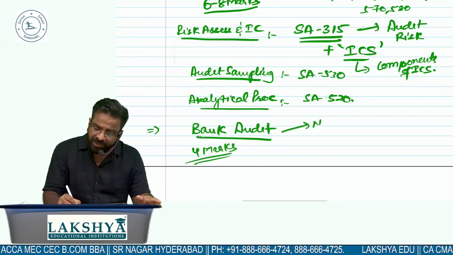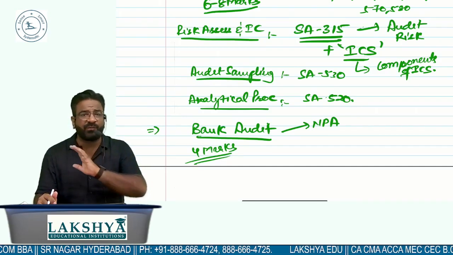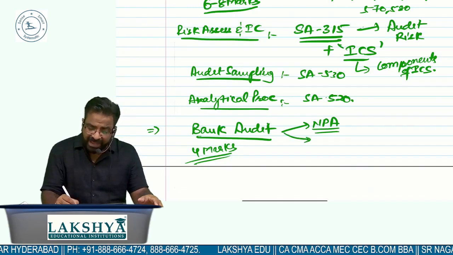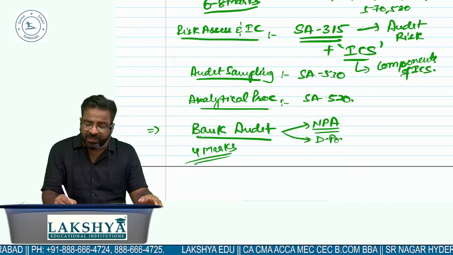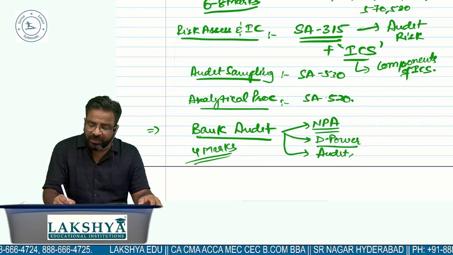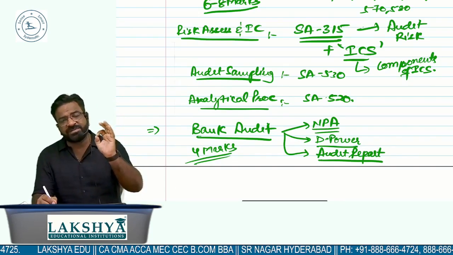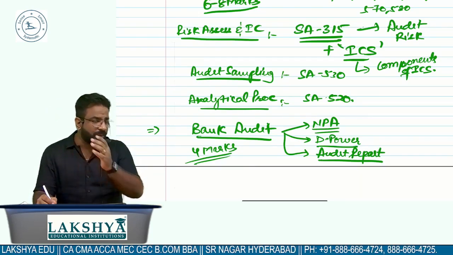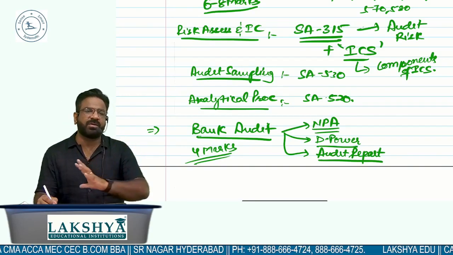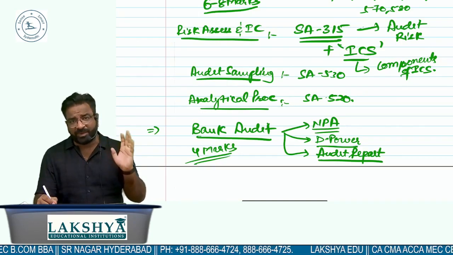In bank audit, let me tell you the areas where you have to concentrate more. Full chapter you have to do. Disclaimer, full chapter you have to do. The areas to concentrate on are the NPA area as well as the drawing power area, and the audit report area. Read these areas very, very carefully, and you should be 100% certain in these areas. Bank audit, overall the chapter is very easy and a little bit lengthy, but make sure that you are doing it well with justification. Minimum 4 to 5 marks are going to come from bank audit.